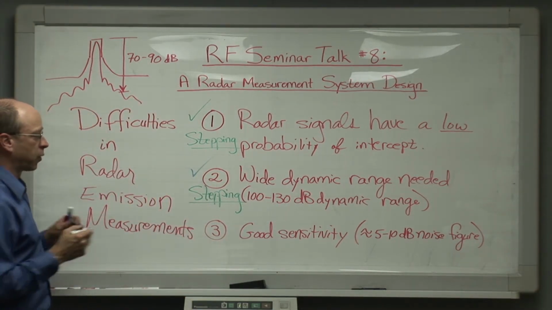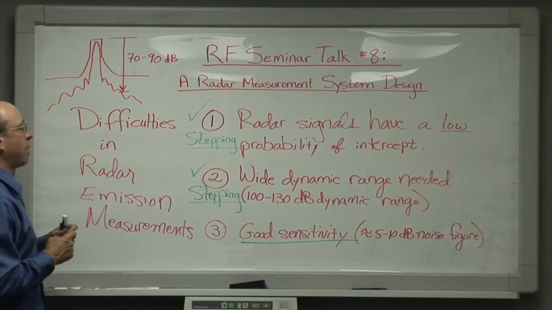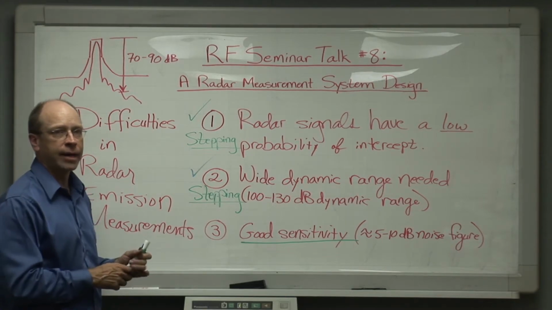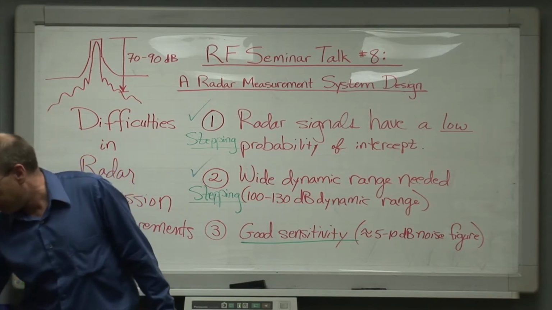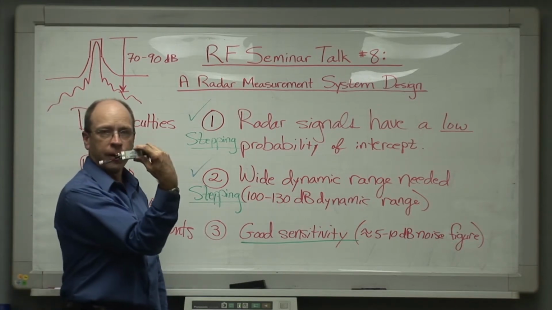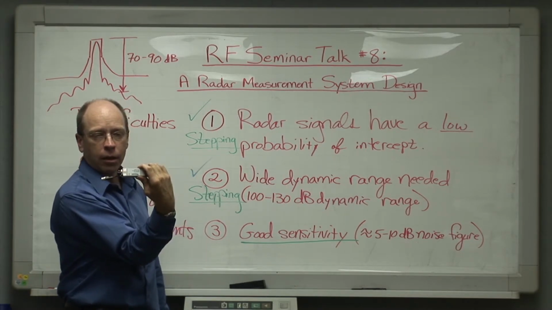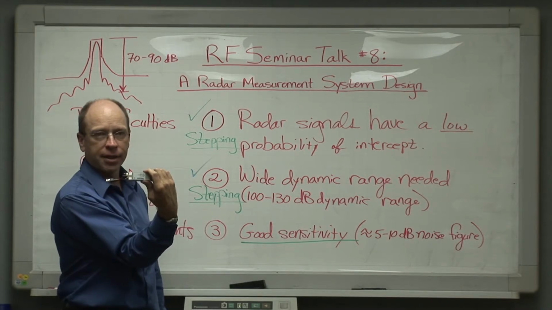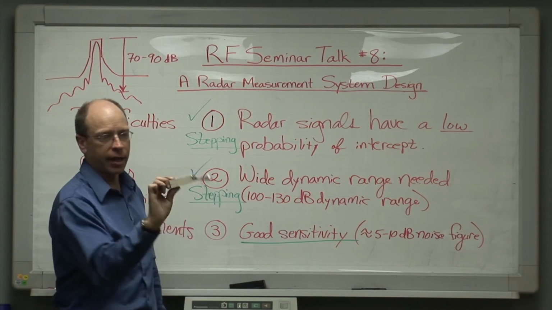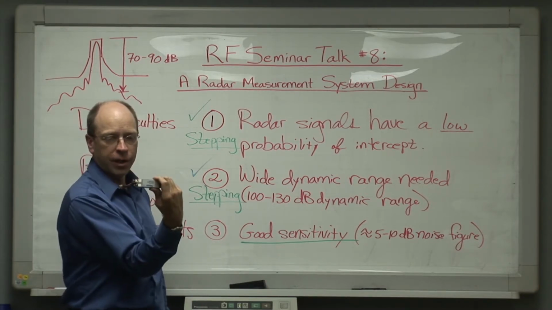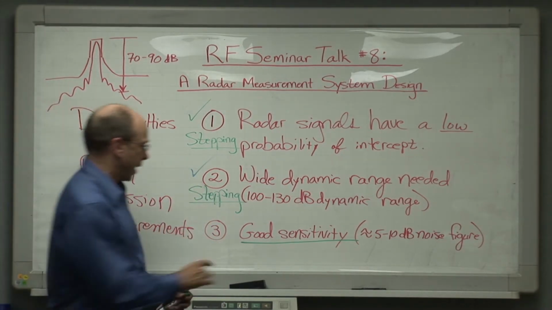Now, the third problem, getting a good sensitivity, well, we know in effect how to solve that problem, and that's by putting a low noise amplifier at the front end of the spectrum measurement system. I just happen to have one right here today. We'll do a close-up of this during the lab, but a low noise amplifier at the front end with the appropriate amount of gain should give us the best possible sensitivity for the measurement. And in an earlier talk, we discussed the derivation of the Friis equation, and we saw how to get the right noise figure and gain combination in an amplifier at the measurement system front end. Okay, now,